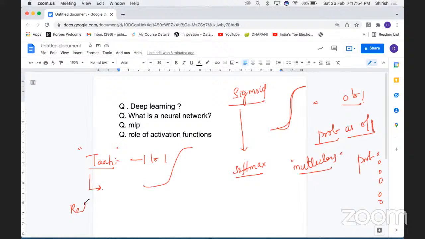And the very famous ReLU, this is used in CNN, a convolutional neural network. Why? Because its range is half rectified, as the name itself says. It cannot take any value less than 0. Its range is 0 to infinity. So when you work with pixel values, which can never be negative, you take ReLU for CNN.